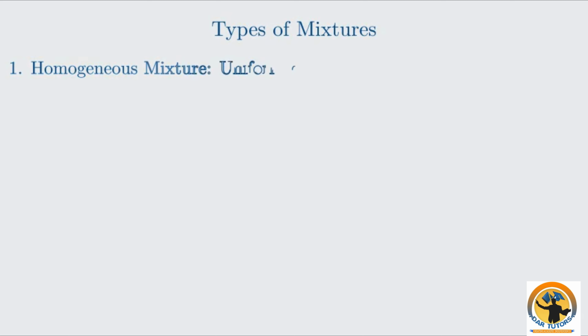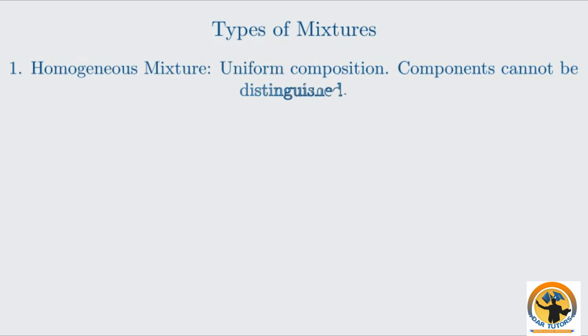Mixtures themselves can be further classified based on the uniformity of their composition. This leads us to homogeneous mixtures and heterogeneous mixtures. A homogeneous mixture has a uniform composition throughout. You cannot distinguish its components with the naked eye. Examples include air, which is a mixture of gases like nitrogen and oxygen, or salt dissolved in water, which forms